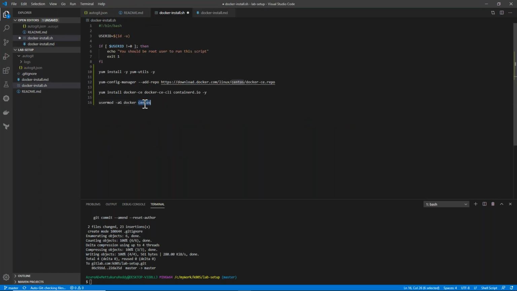But everyone may not give the username as CentOS, right? So now I want to know what is the username when I'm running this. So here I'll write a simple condition again. If ID CentOS, if exit status is equal to 0, run this.